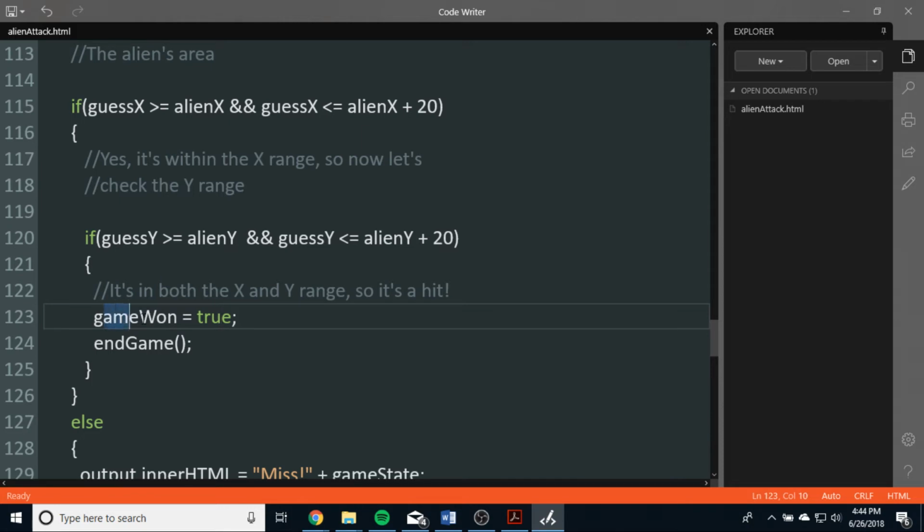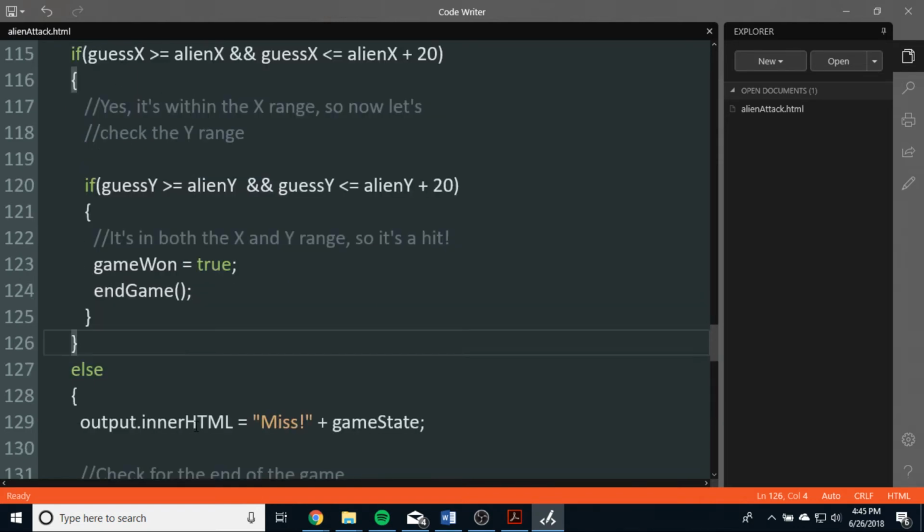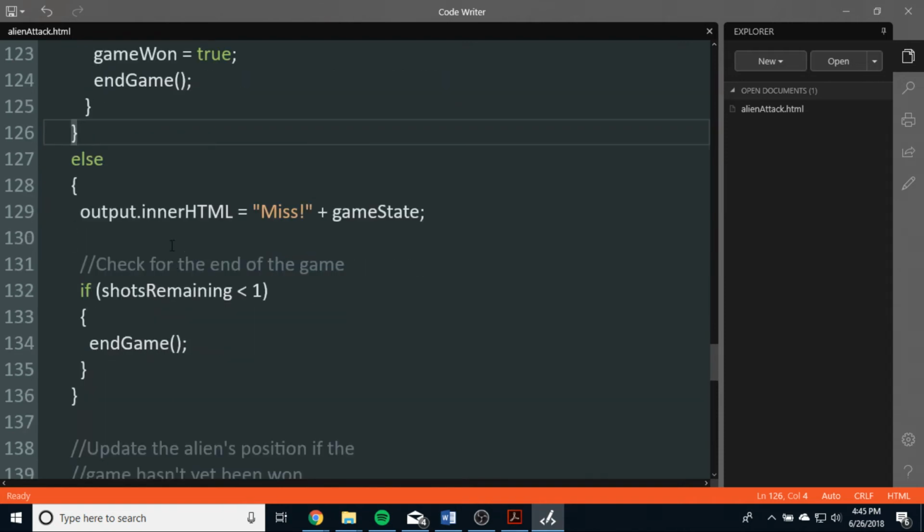We've won the game, so we're going to set game 1 to true, and we're going to call the endgame method, or endgame function, which I'm going to talk about in a minute. Now, if we haven't matched up on our X value at all, then we know that we haven't hit the alien. So then we're going to just say, hey, you missed, and then we're going to give them the game